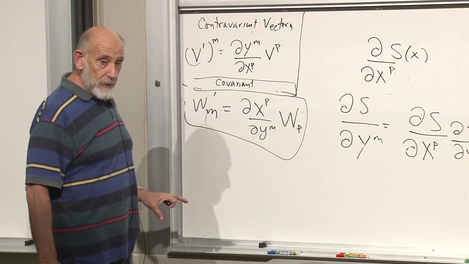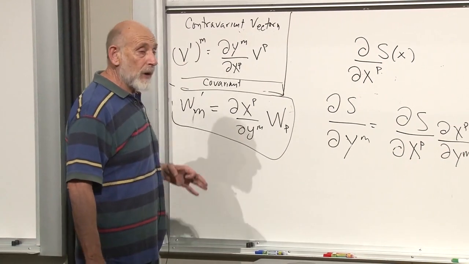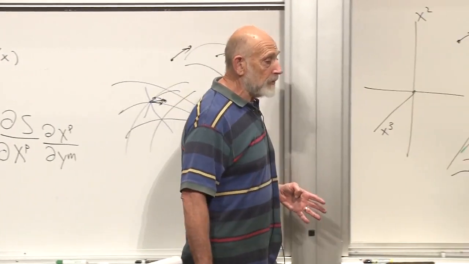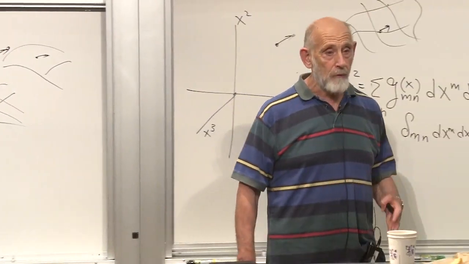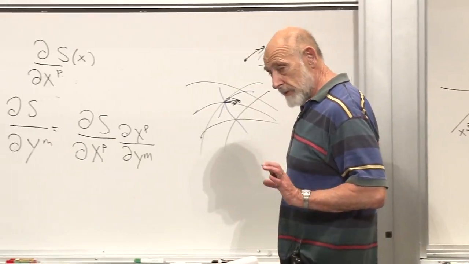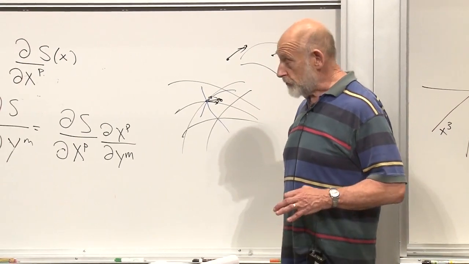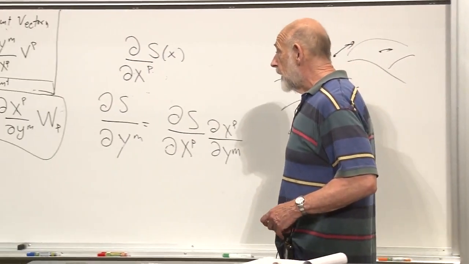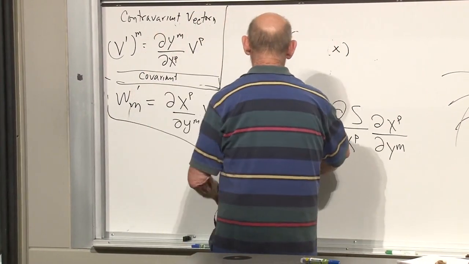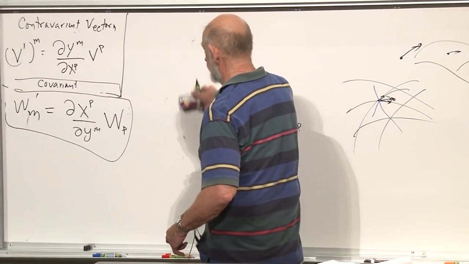A vector is a special case of a tensor. Tensors are things which are defined by the way that they transform. The way that they transform means the way that they change when you go from one set of coordinates to another. So that is what you have to get down if you want to understand general relativity. There's transformation properties of vectors and other objects. So here are the two, covariant and contravariant.